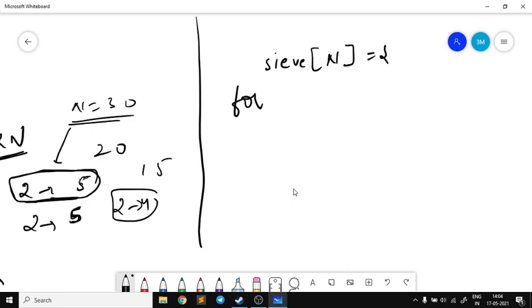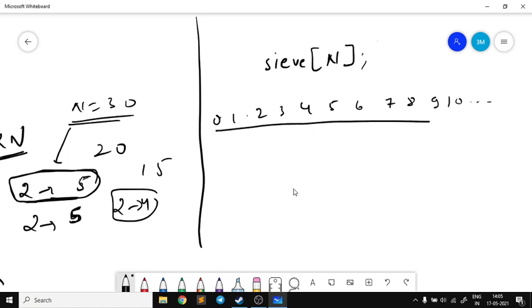We will create the array, and after that we will initialize all the numbers as 1. What we are basically doing here is using indexes as the numbers and the array entries as the values. So these are all the indexes and these are the values in them.